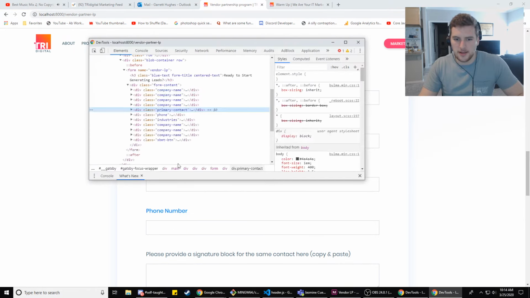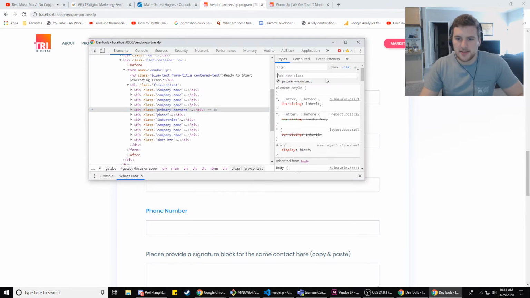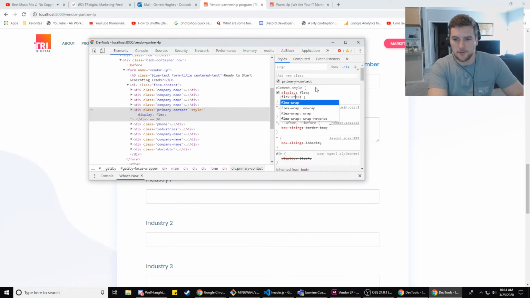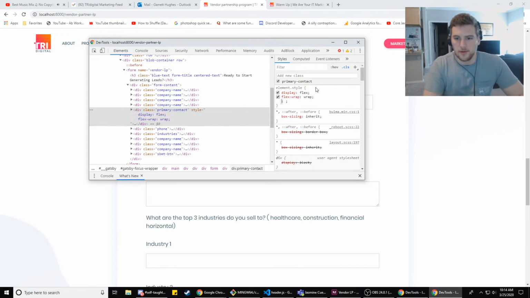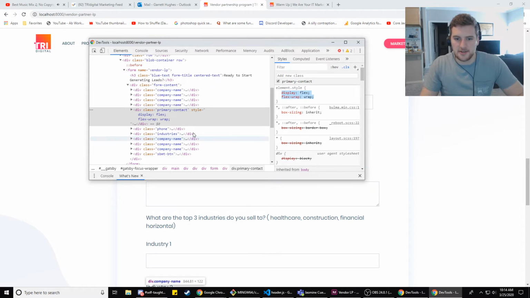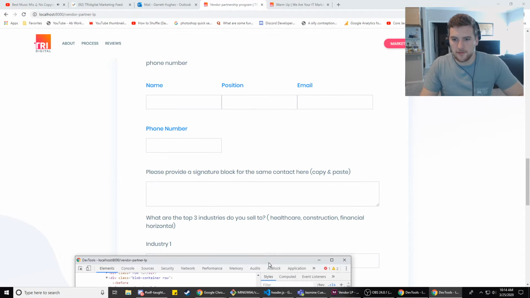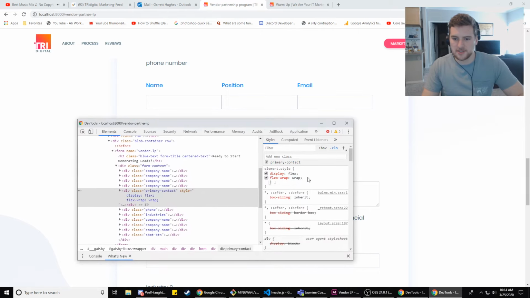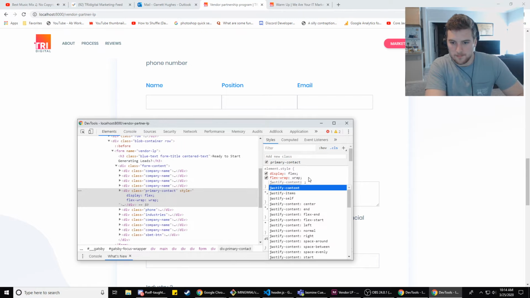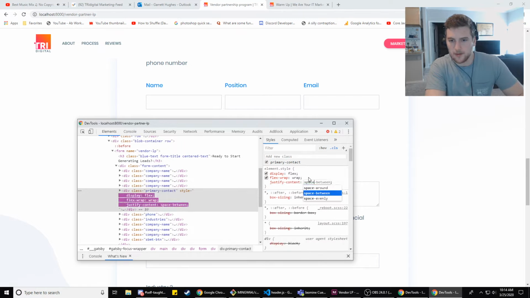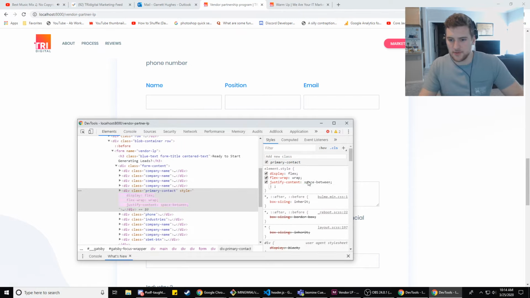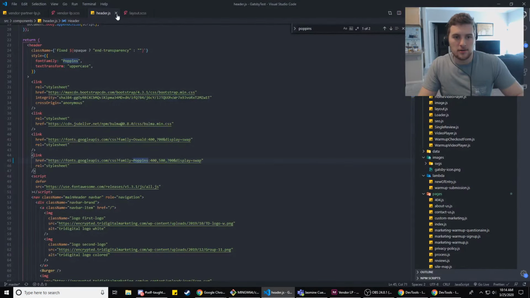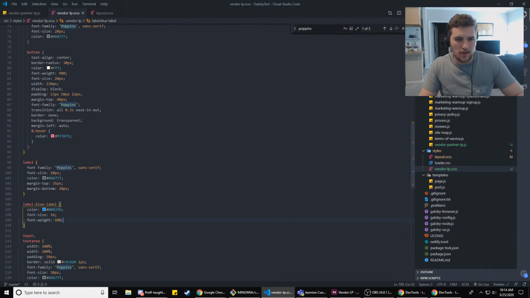And then we need primary contact. That's display is going to be flex, flex-wrap: wrap. And then we need the divs inside to have a width of like 45%. And we'll justify content space around or between. I think space between would work probably. So we'll do that. And then back in our, we don't need header anymore, we need this one.